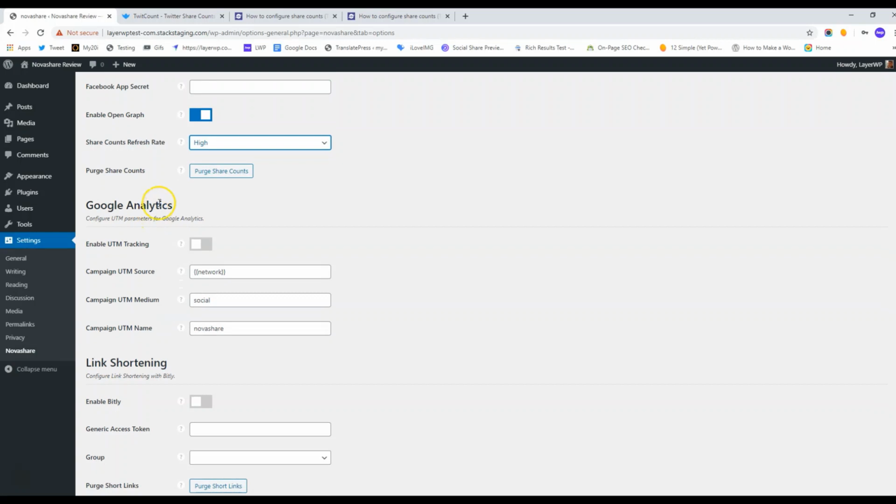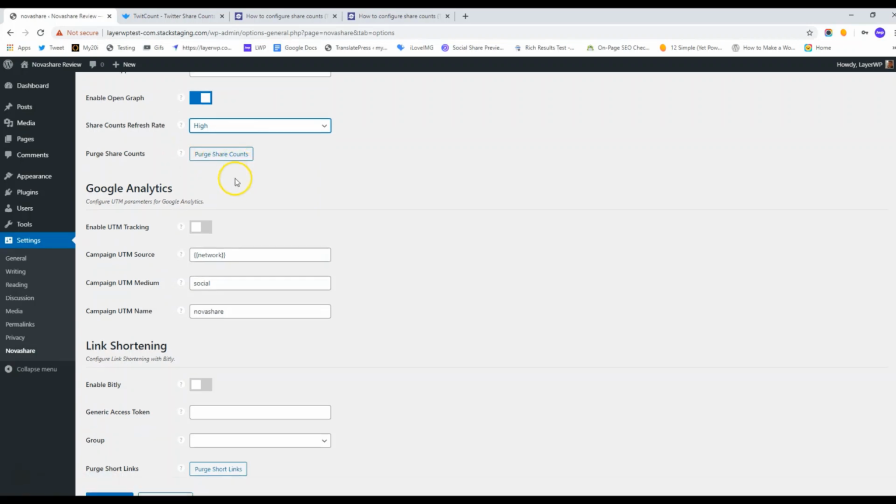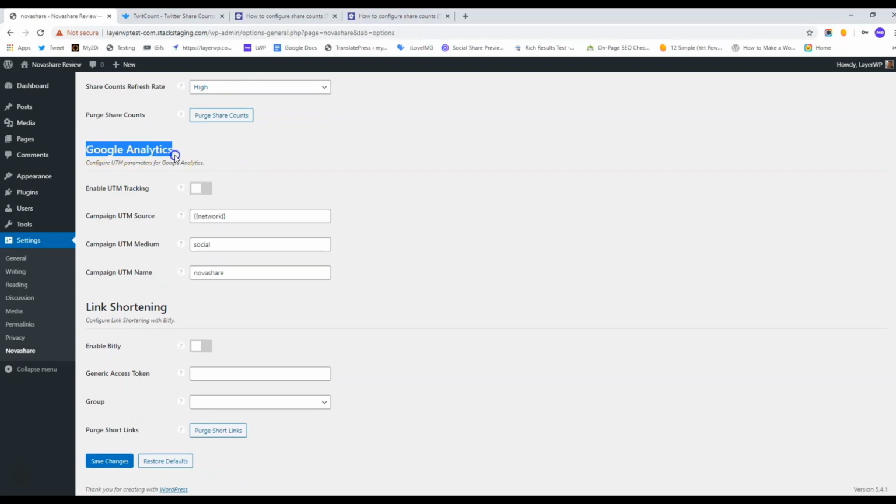Purging share counts. If you want to get rid of all your existing share counts from your database, this is the button you press. It will completely wipe out any counts that have been accumulated over time. Google Analytics, this is really cool. If you want to add some tracking so you can see how well your social media accounts perform using Google Analytics, you can input a campaign name and also